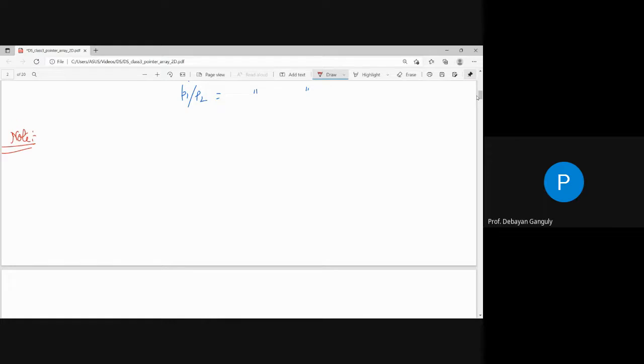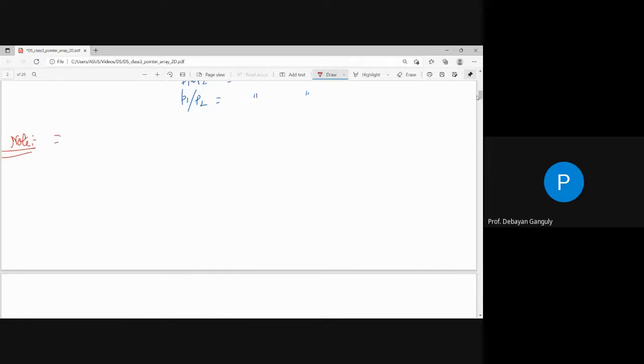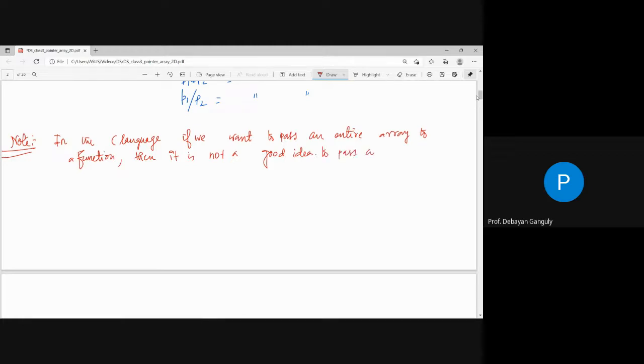The thing is that in an array there is only one thing that is constant, that is the base address of the array. So if we just pass the base address, then it is done. What I am telling you is that in the C language, if we want to pass an entire array to a function, then it is not a good idea to pass all the array elements,